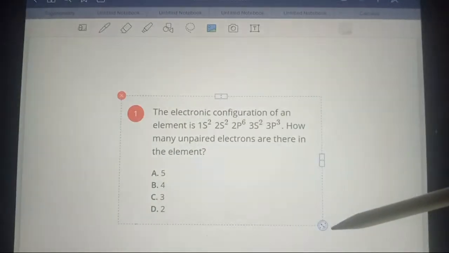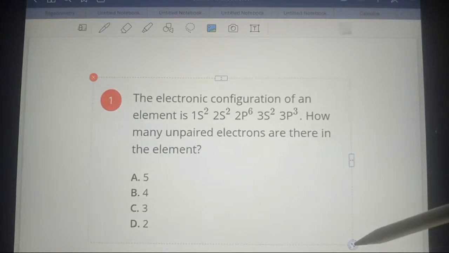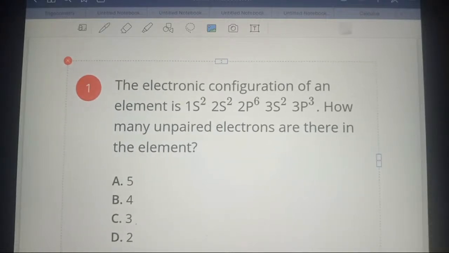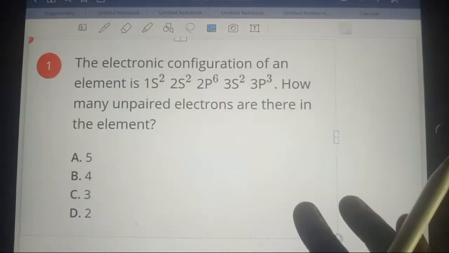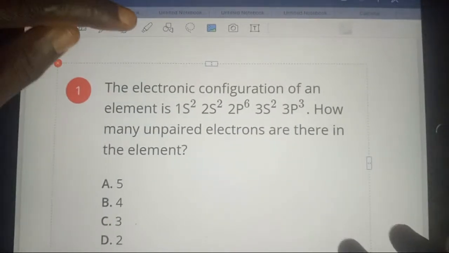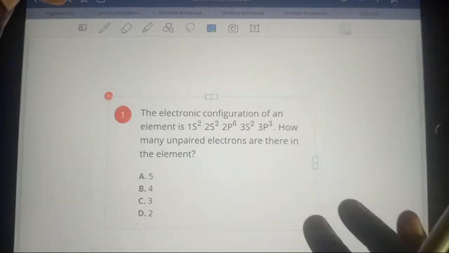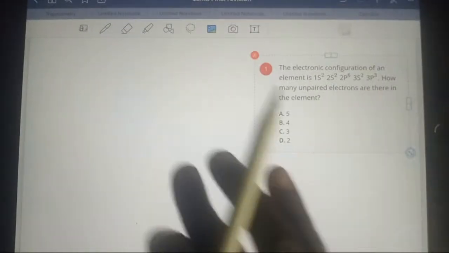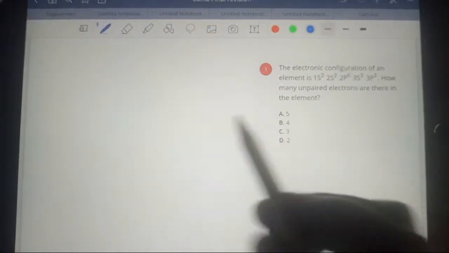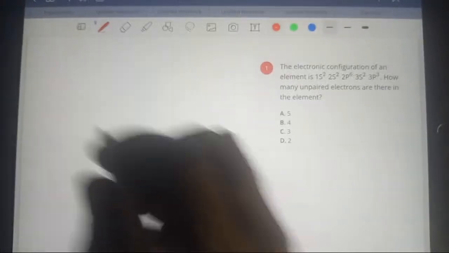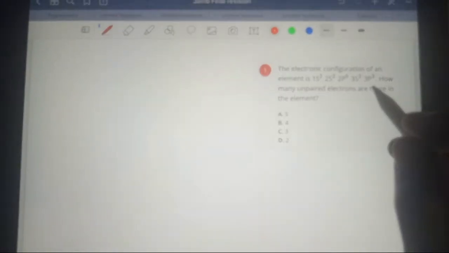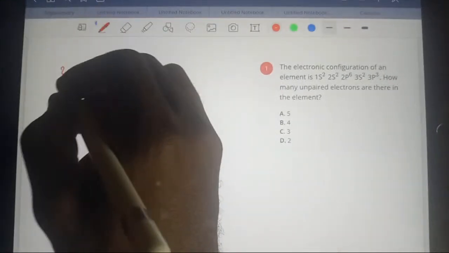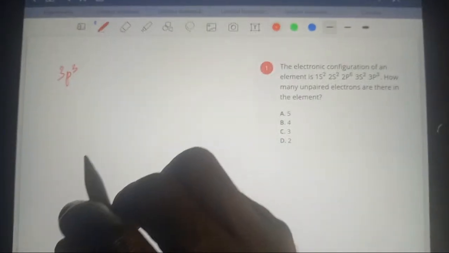Okay. So this is question number 1. It asks us how many unpaired, and I say that the answer is 3 unpaired. Now let me show you how and why. So I'm going to minimize this. I hope you can still see the question as I solve. We will concentrate on the last orbital, which is 3p3. And remember that P